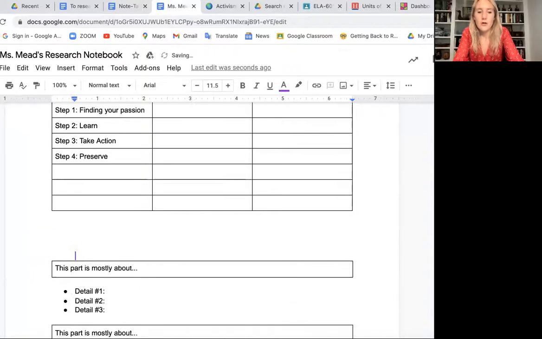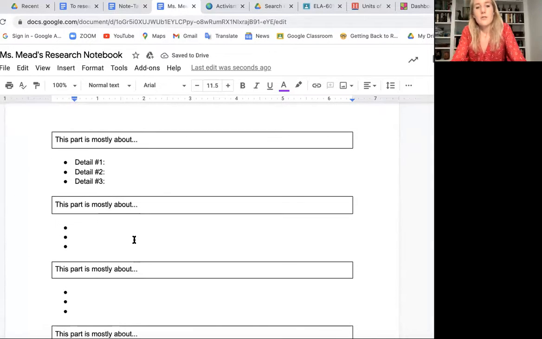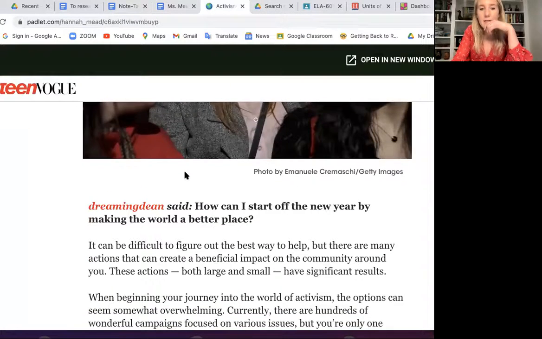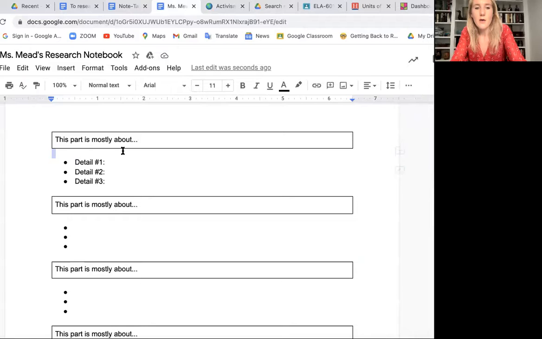Okay, so how might this go? Let's try it on another page. If I'm looking at the first section, I'll read a little bit of it and see: how can I start the year off by making the world a better place? It can be difficult to figure out the best way to help, but there are many actions that can create a beneficial effect. Okay, so I'll add some notes. So far I'm seeing in that first section,